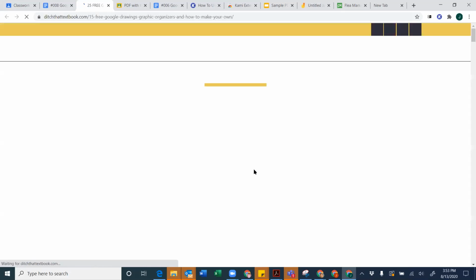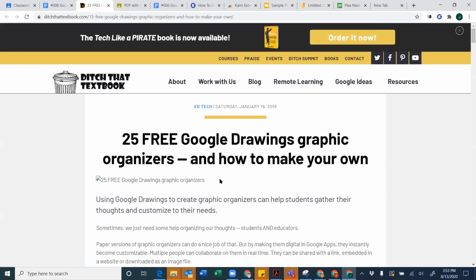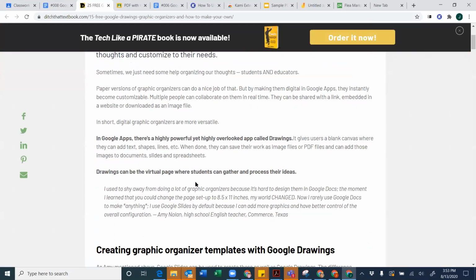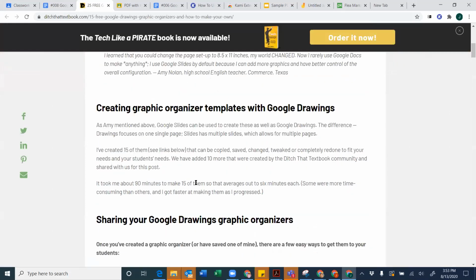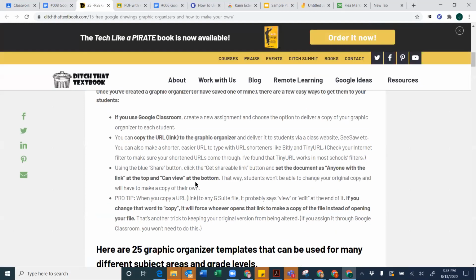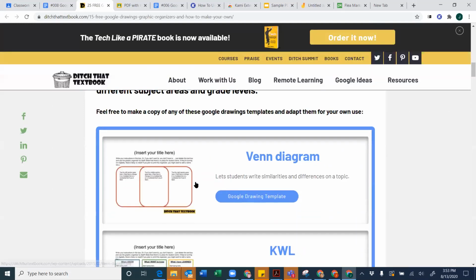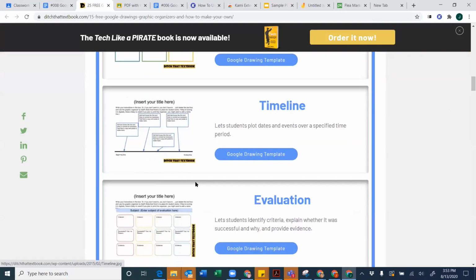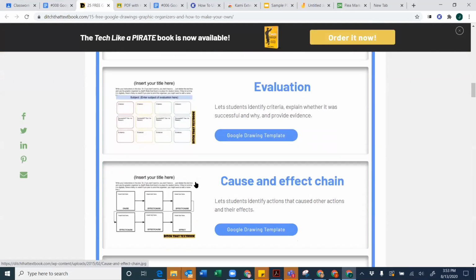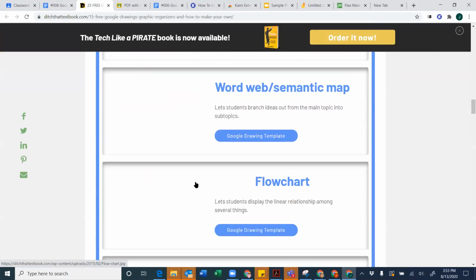And really, I've made my own graphic organizer reflection document type thing using Google Draw because it's super easy and you can put your boxes or whatever you need. So here's some of the ones that he has